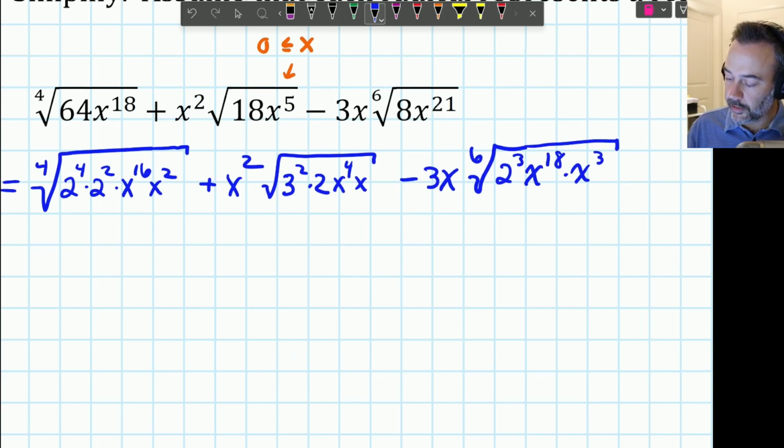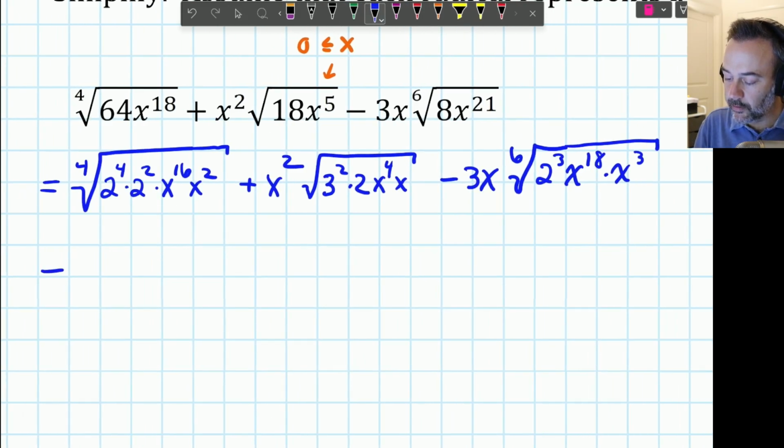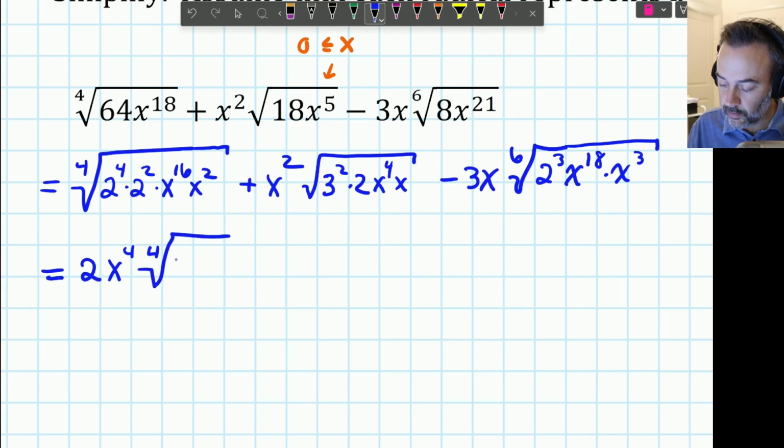I'll put that all over that. Let's keep going. Let's pull out everything that can come out. A 2 is going to come out of here. The x to the 16th, to the fourth root of x to the 16th. This 16 will divide by 4, so I'll get x to the 4th to come out. And that's it. What I'm left with is the 4th root of 2